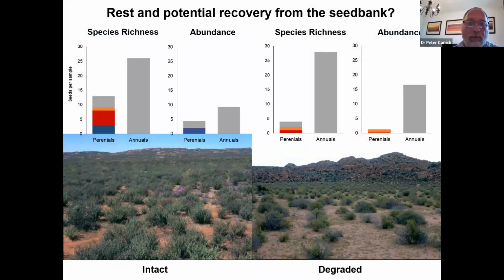Right, so if you don't have topsoil, what can you do? Or if your topsoil has been degraded by decades of cropping? This is a study done in the Harderveld, but what we always find in intact and degraded communities is there are far more seeds and far more species of annuals in the topsoil than perennials. So in an intact system, an undisturbed system, more annuals, but let's say in this study, 13 species of